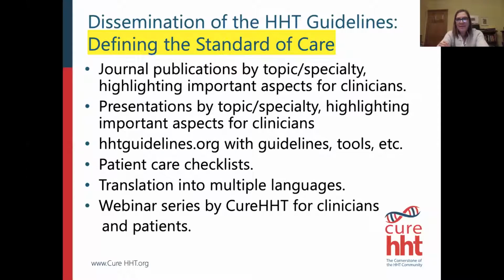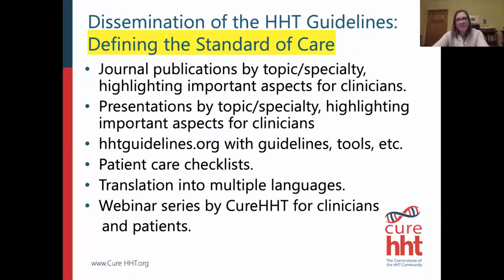So we've had a number of our panel members and others who have published in journals, have published newsletters, have published highlight articles by topic and by specialty, highlighting the important aspects of the HHT guidelines for clinicians in that area. We've also been presenting similarly in rounds at conferences by specialty, often to highlight what's new for clinicians.